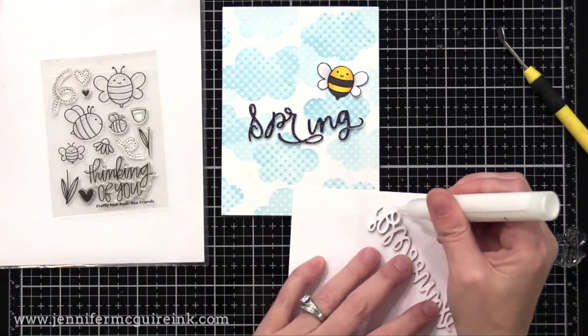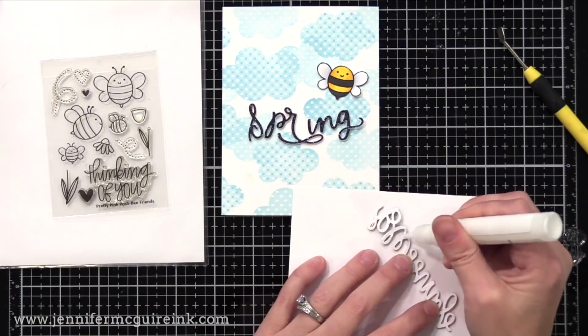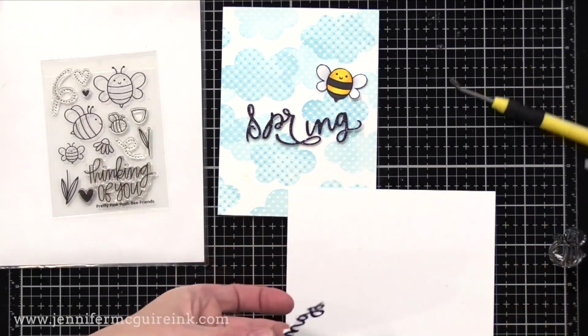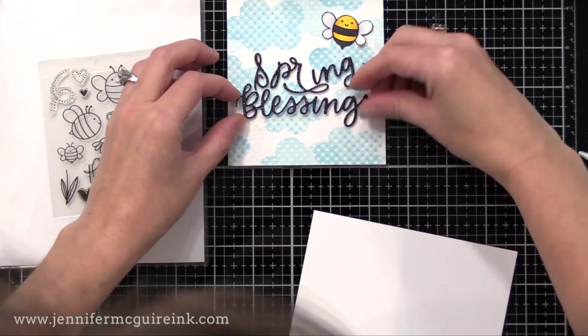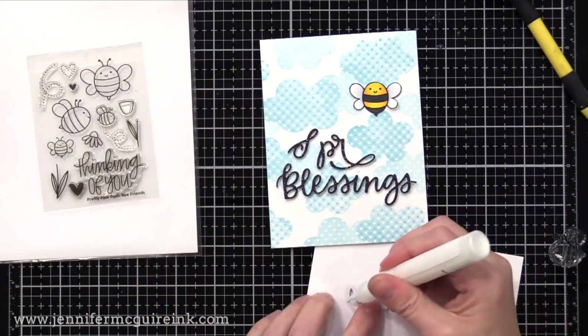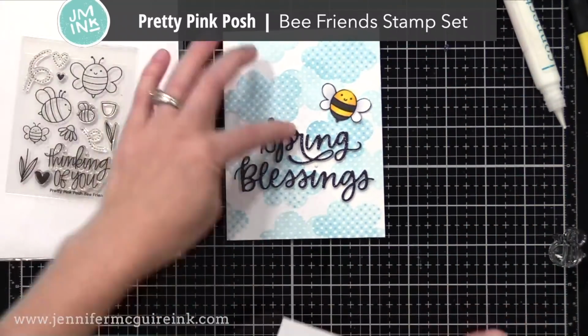I die cut it 3 times from white cardstock and once from a black glitter cardstock and glued that on top. So they're all stacked together. This has lots of dimension to it, and I used white cardstock scraps that I had left over from stamping errors to build that dimension. So I'm gluing the word Spring Blessing down, and I also have the Pretty Pink Posh Bee Friends stamp set,